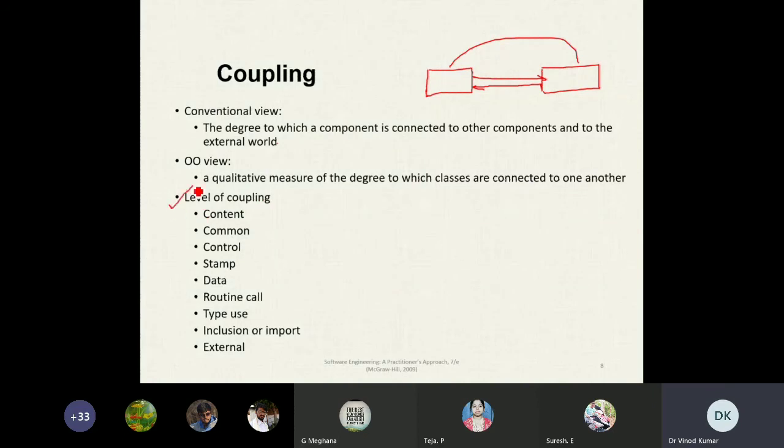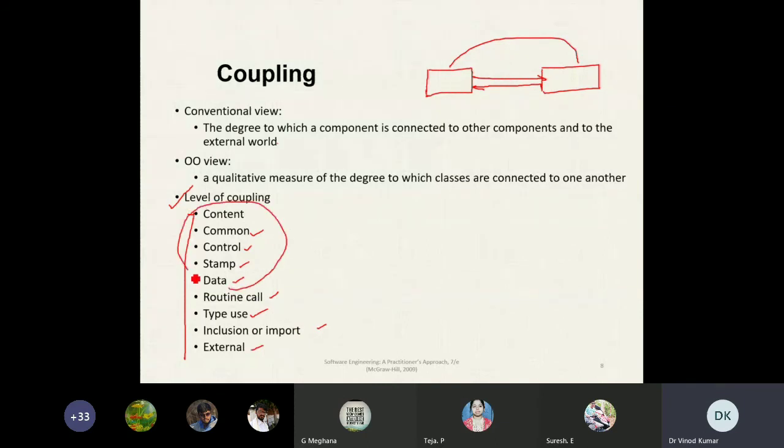So how will you understand the level of coupling? There are different types of coupling: content coupling, common coupling, control coupling, stamp coupling, data coupling, routine call, type of use, inclusion or import, external. So many things are there.